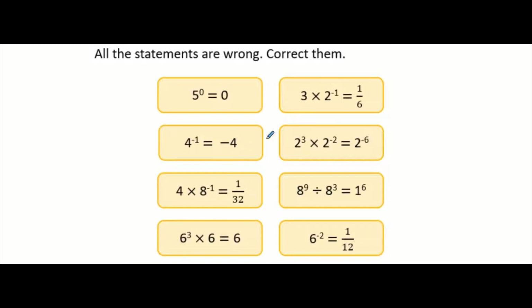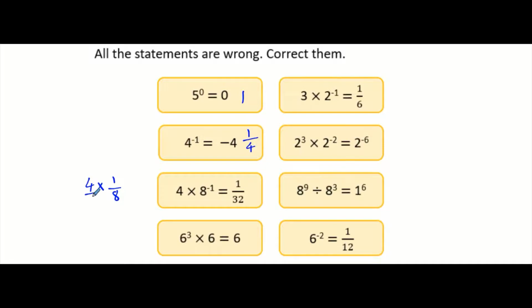Here are some more questions. Have a go at these, pause the video. Okay, so 5 to the power of 0, or anything to the power of 0, is 1. 4 to the minus 1 doesn't mean minus 4. The negative power means 1 over, so it should be 1/4. 4 times 8 to the power of minus 1. Well, that's 4 times, and then the minus 1 gives a reciprocal, 1 over, so that's 4 times 1/8,